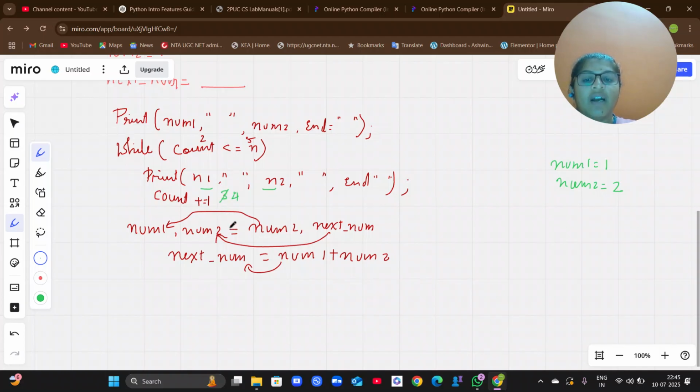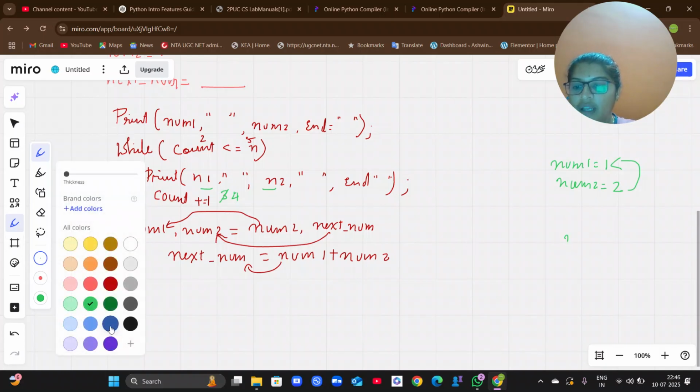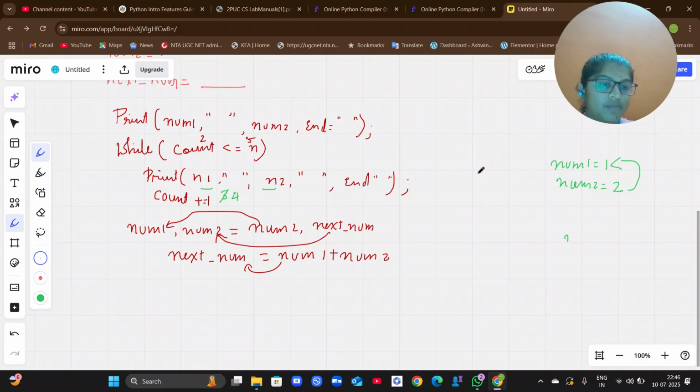It comes here. Again my num2 value will be shifted to num1. My new num1 will be 2. My new num2 will be empty because no next value is there yet. So it will go to the next statement, num1 plus num2.